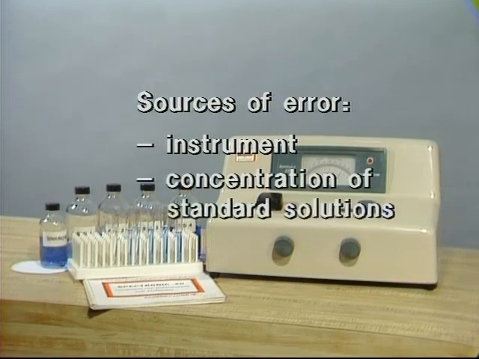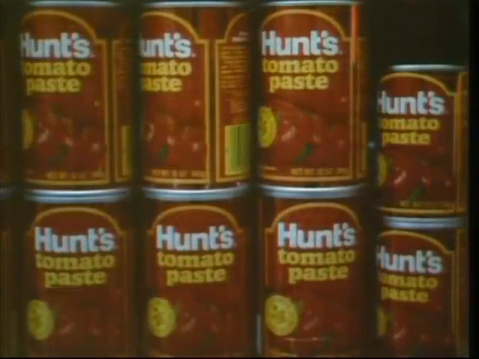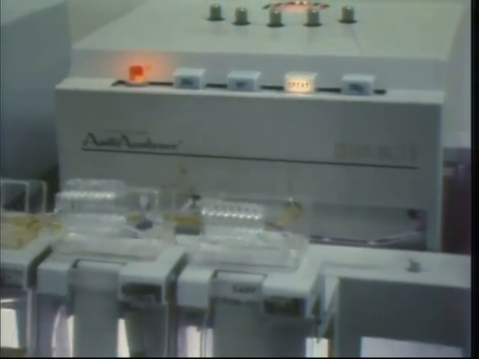In addition, the errors in the solutions of known concentration can be determined from the tolerances of the equipment used to produce these solutions. If these errors are known, or can be determined, the uncertainty in the value of the concentration of the unknown determined from the Beer's law plot can be estimated. This type of analysis has many practical applications, from the monitoring of the lead concentration in gasoline to the evaluation of the grade of tomato paste. The health sciences and research laboratories also depend extensively on spectrophotometric analysis as a fundamental analytical technique.